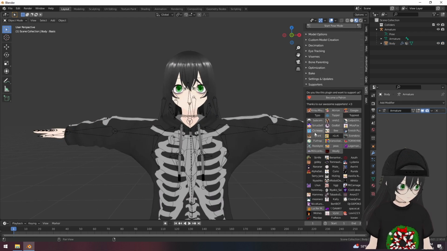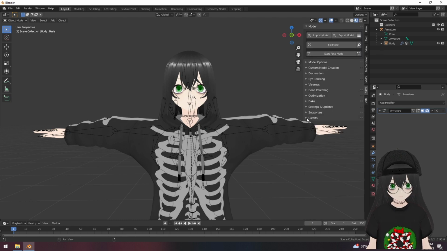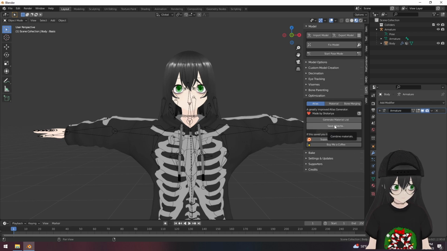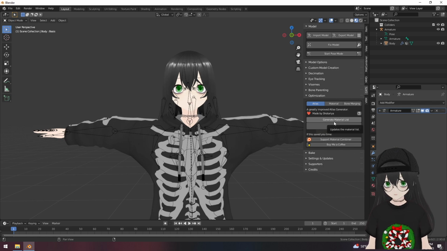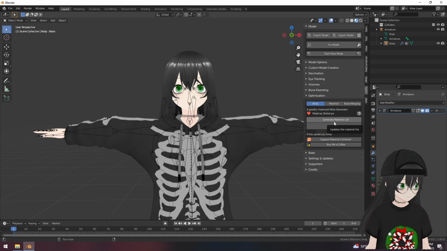Your last step is to combine your materials into 4 or fewer, depending on how high quality you want the textures to be and how much video memory you want to take up. You can put everything onto 1 or 2 texture atlases and then increase the texture atlas size to like 8K. That takes up a lot more memory and can also cause you to lose optimization, so it's best to have 3 or 4